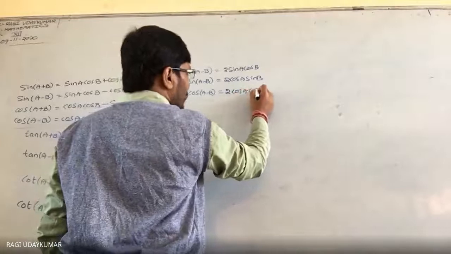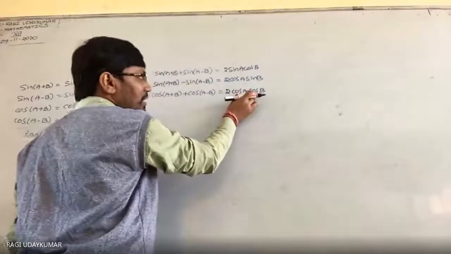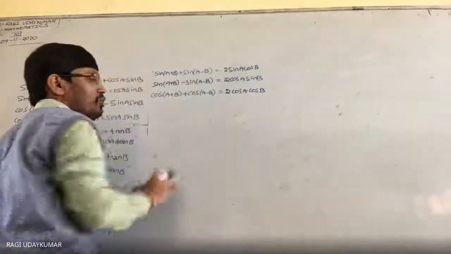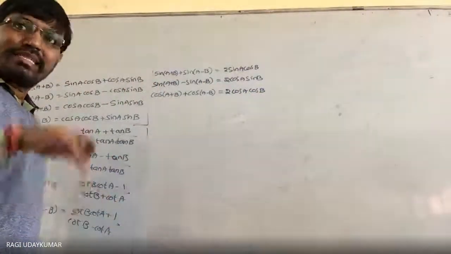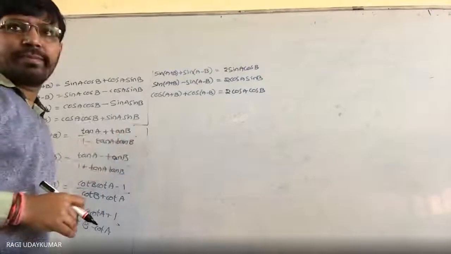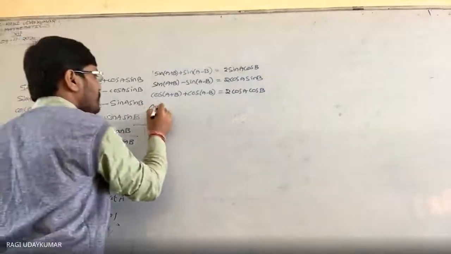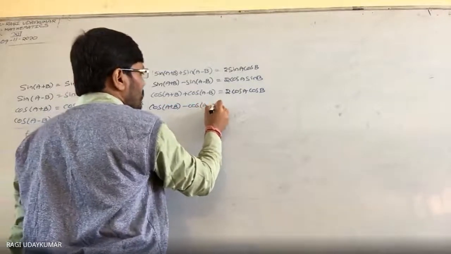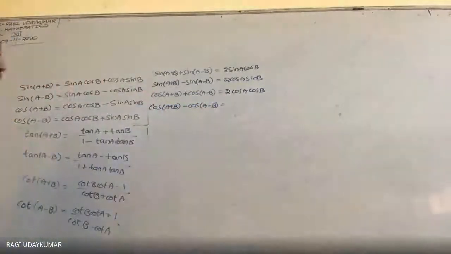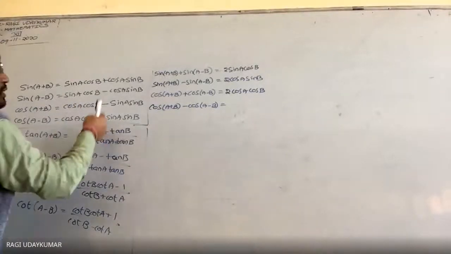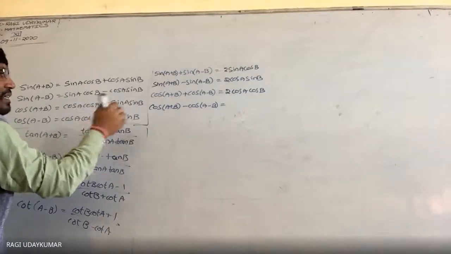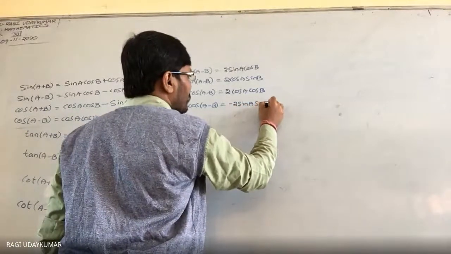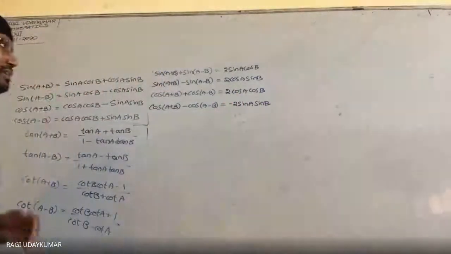Cos(A plus B) plus cos(A minus B), you just have to add them. So what do you get? 2 cos A cos B. So actually this can be written with a little bit of modification. If the product form cos A cos B is given, you have to write 1 by 2 of cos(A plus B) plus cos(A minus B). Now cos(A plus B) minus cos(A minus B): this is where more people make mistakes. You have to subtract these two. So these two cancel, and a minus comes here. So you will write it as minus 2 sin A sin B.